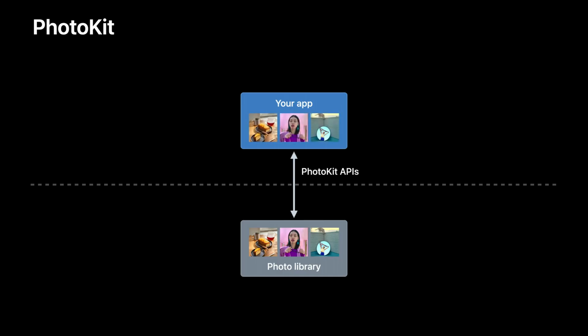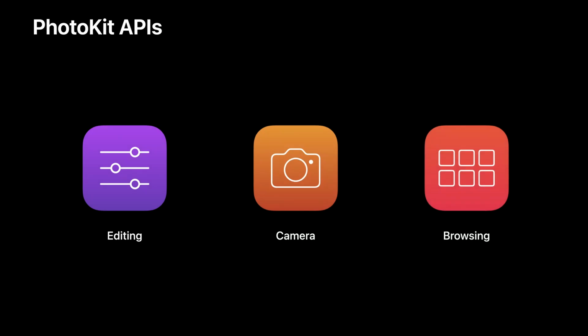PhotoKit provides a rich set of APIs for accessing and updating photos, videos, and albums stored in the photo library. PhotoKit is designed for apps that require a deep level of Photos access and integration. For managing or editing photos, custom cameras, or apps that give people a way to browse their photo library in a unique way. These types of applications may want to monitor how the photo library changes over time to closely